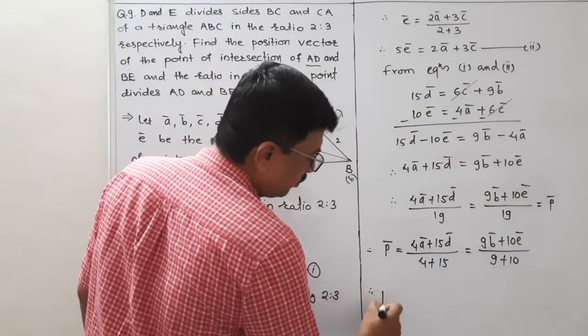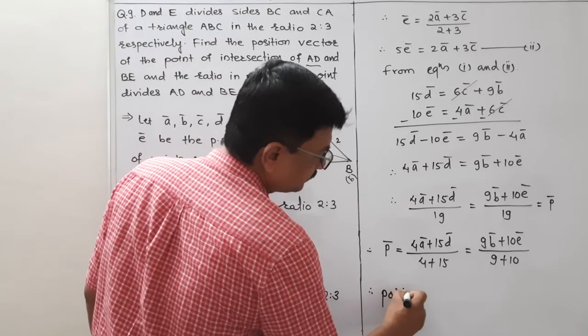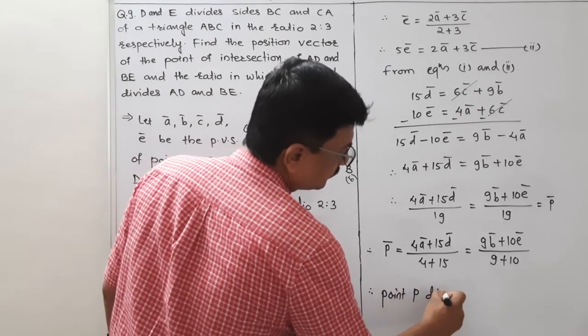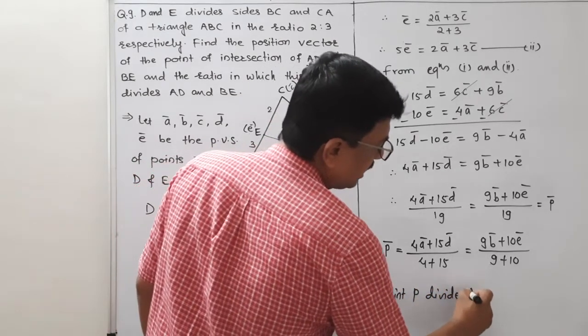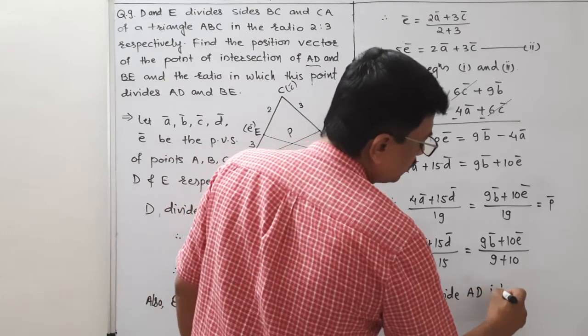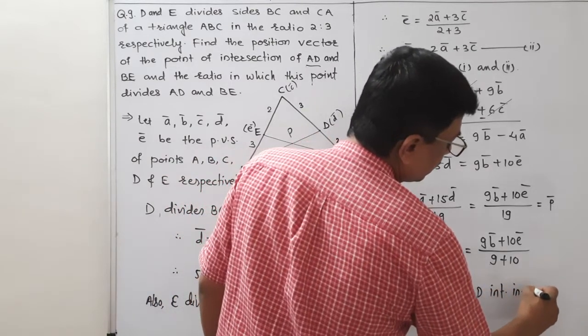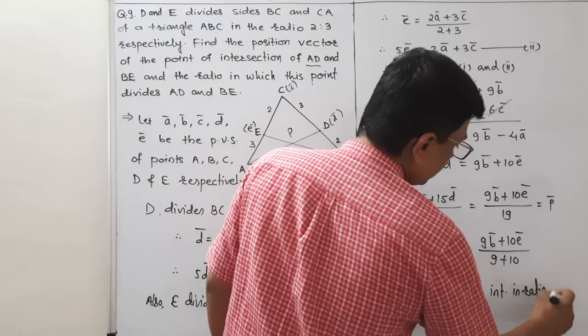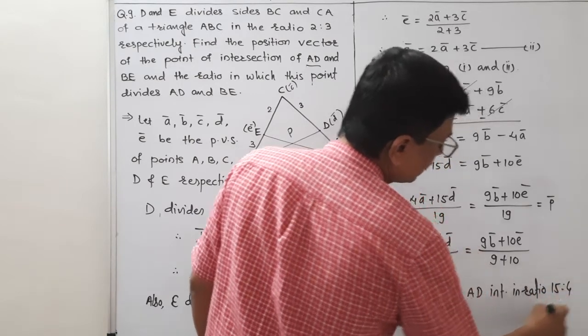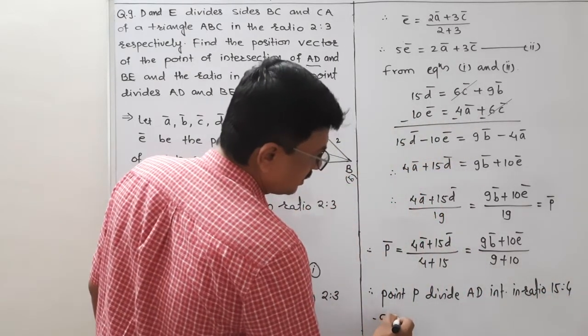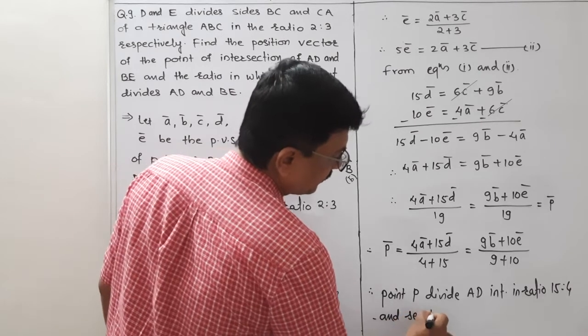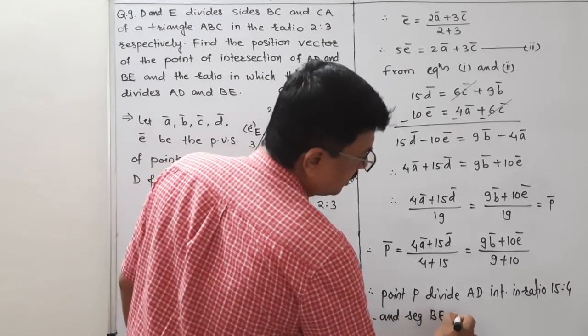Therefore, we can say that point P divides AD internally in ratio 15:4 and segment BE internally in ratio